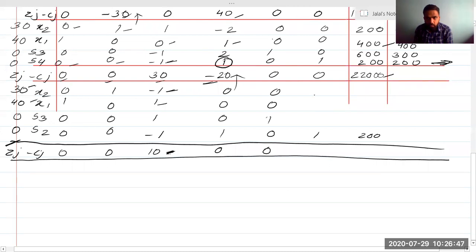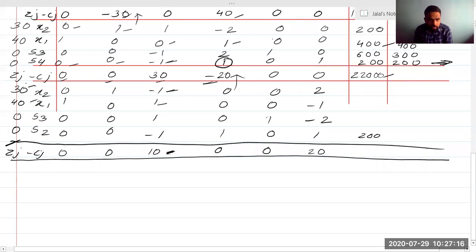So we have to find this. So 1 into 0 minus of minus again 2. 2 into 1, 2. 2 divided by 1 will be 2. Okay, now we need to find this. 1 into 0 minus 1 divided by 1. Again 1 into 0, 0. 2 into 1 with the minus, minus 2 divided by 1 will be minus 2. Okay, so now we need to find this value. This will be 1 into 0 minus of minus 20 will be plus 20. 20 into 1 will be 20. 20 divided by 1 will be 20.